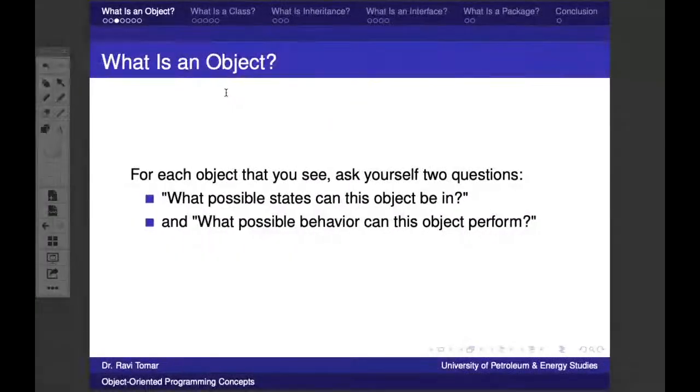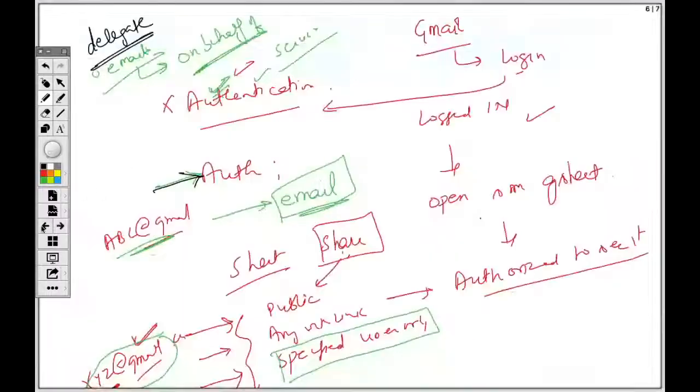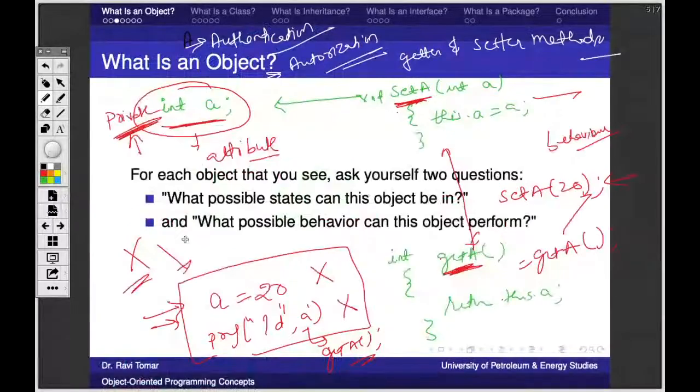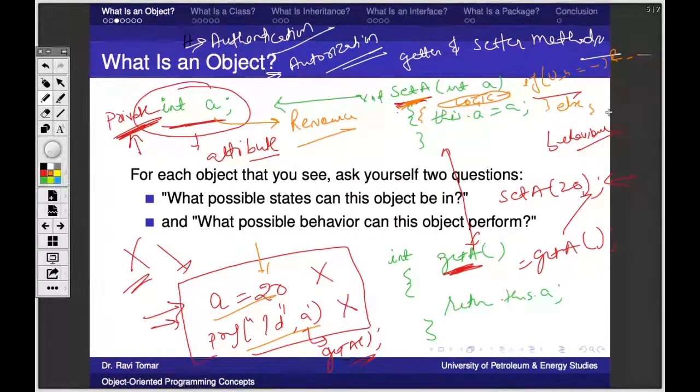So why we were discussing it here is basically, if this is some resource, now imagine this int a is that resource. I do not want to make it public so that anyone can just come into my program and access it. What I want is to have some functions, because with a function I can write my logic. Like if the username is equal to this, only then do this, otherwise do not.